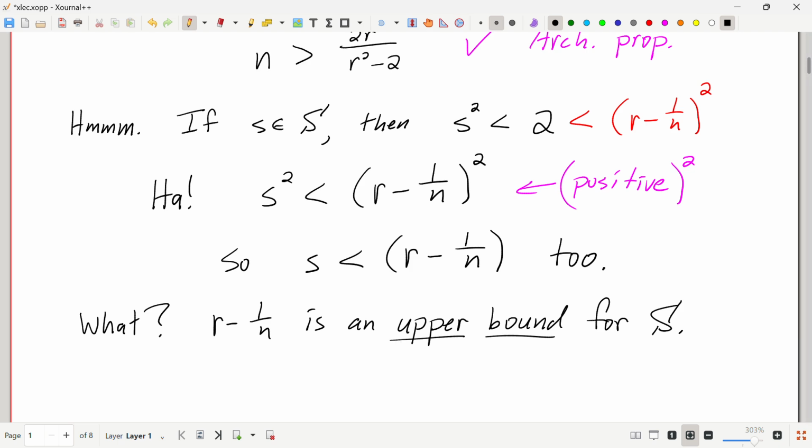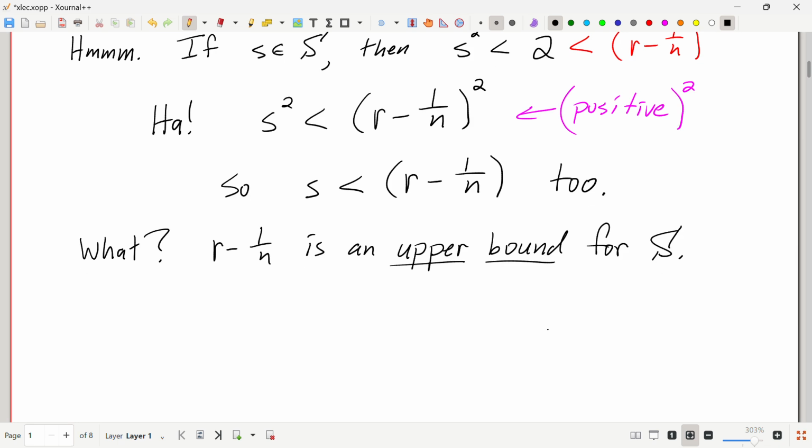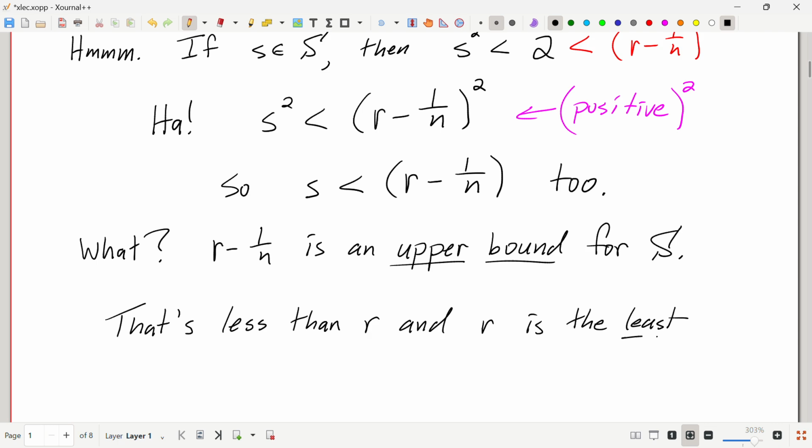And you think about that for a second. That can't be because r is the least upper bound. So that's less than r. And r is the least upper bound. So it's pretty,